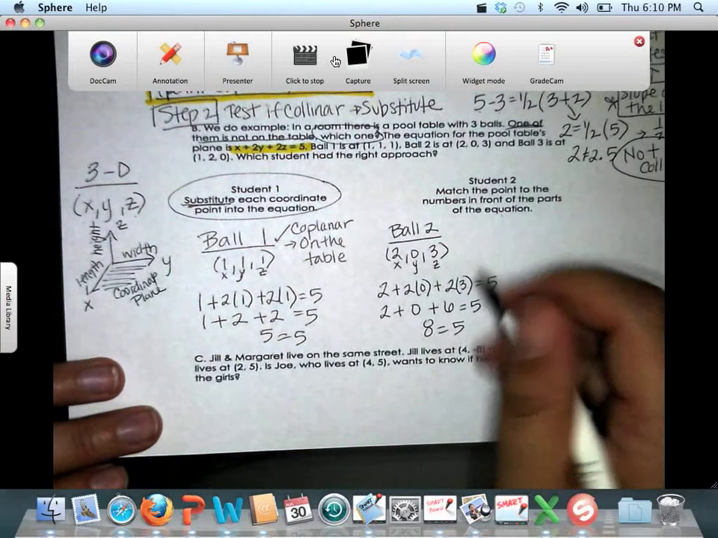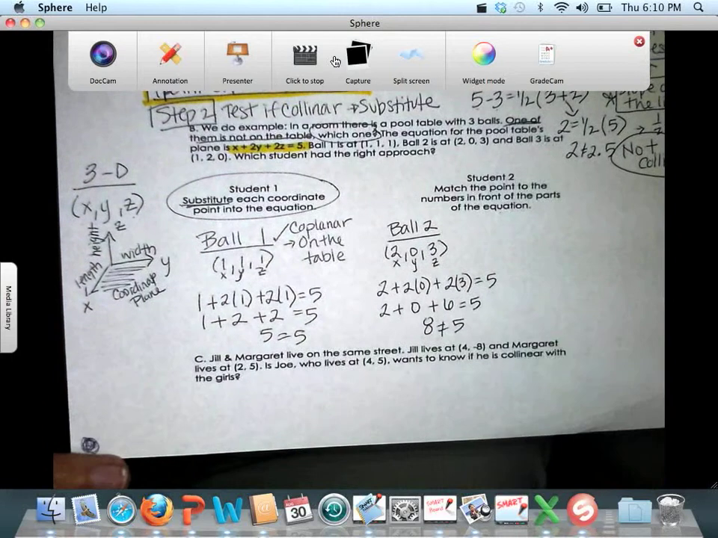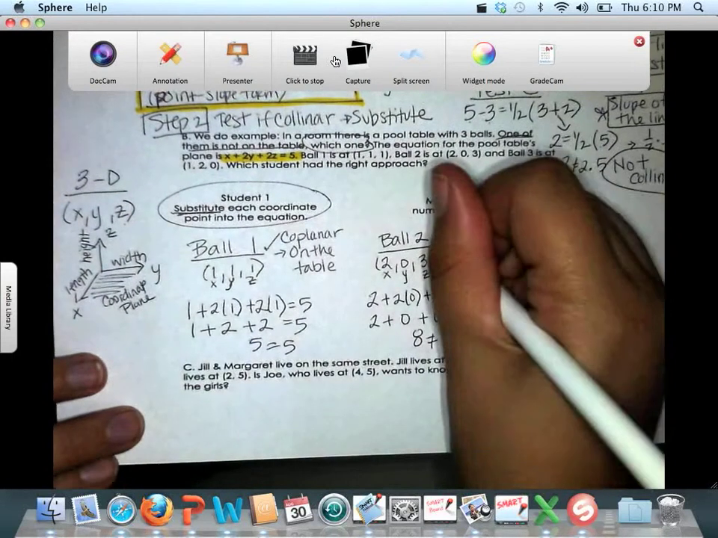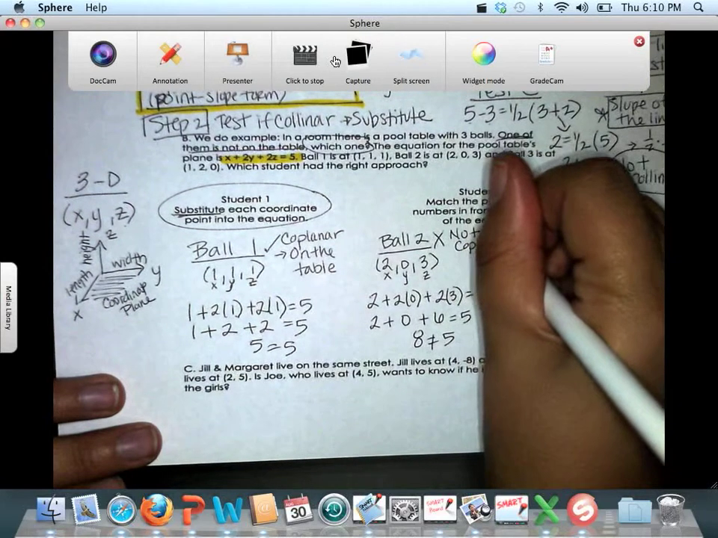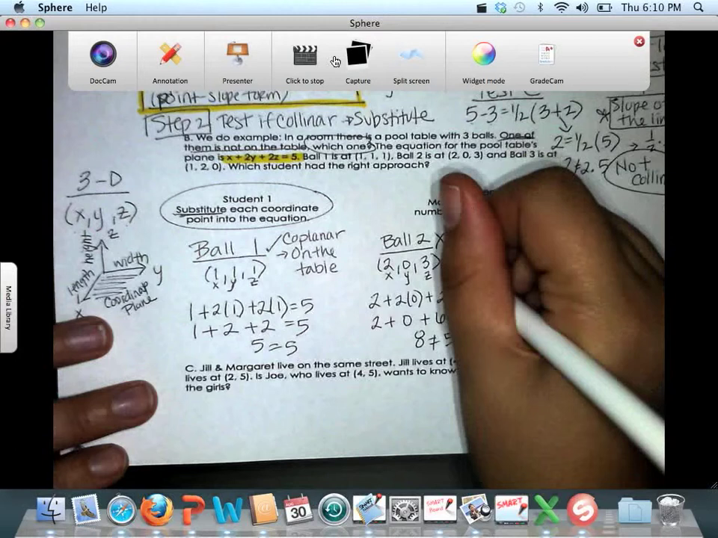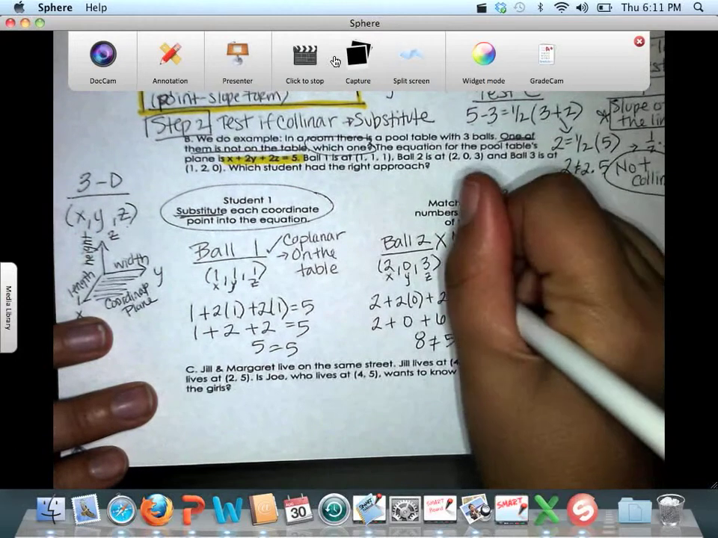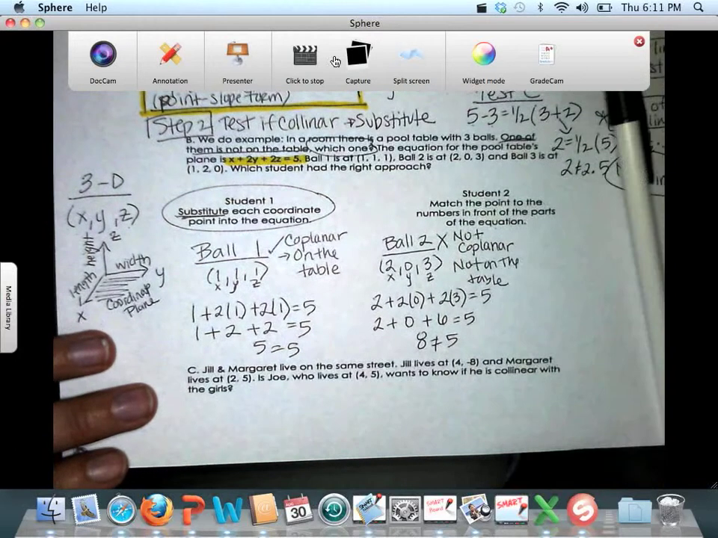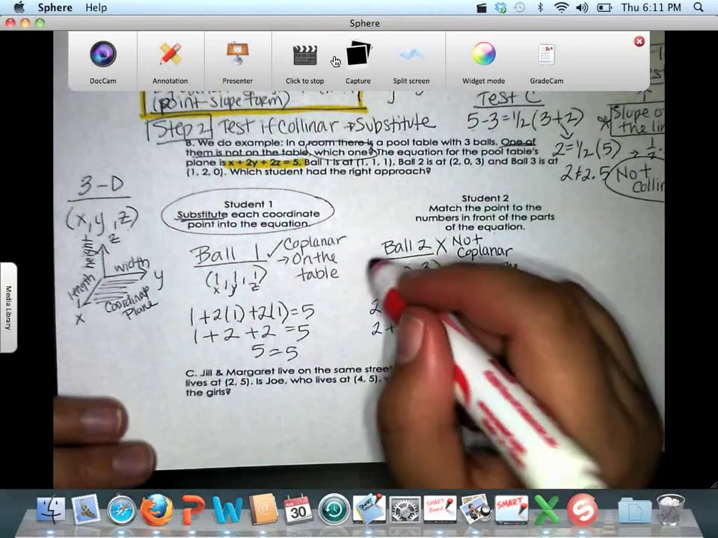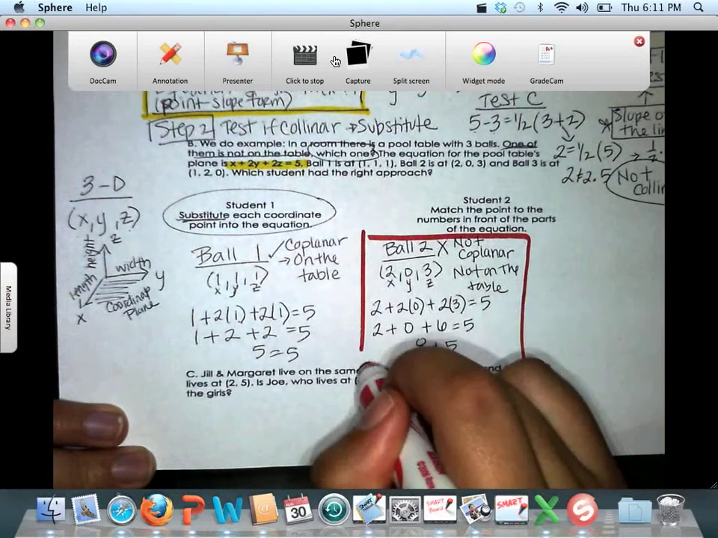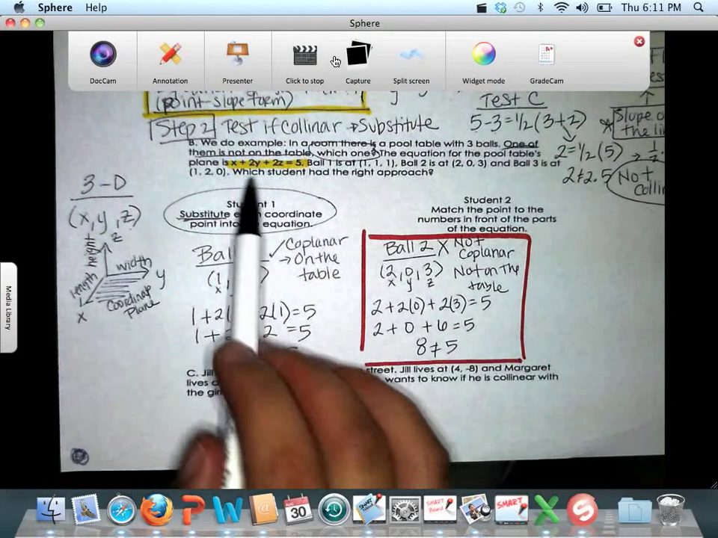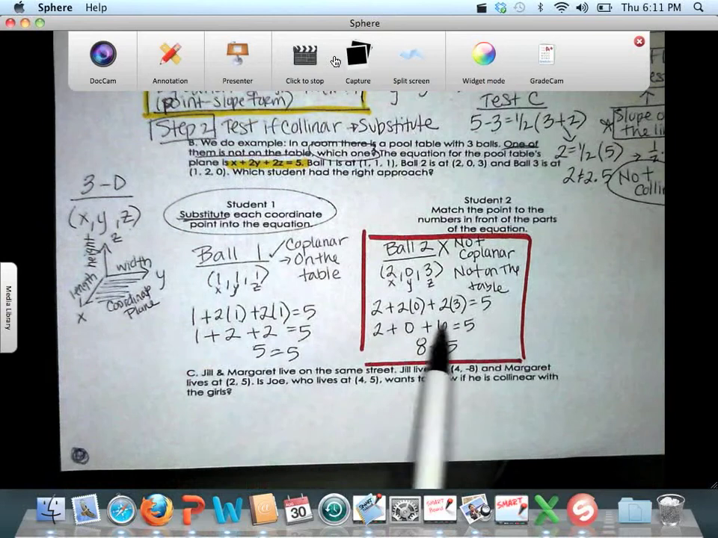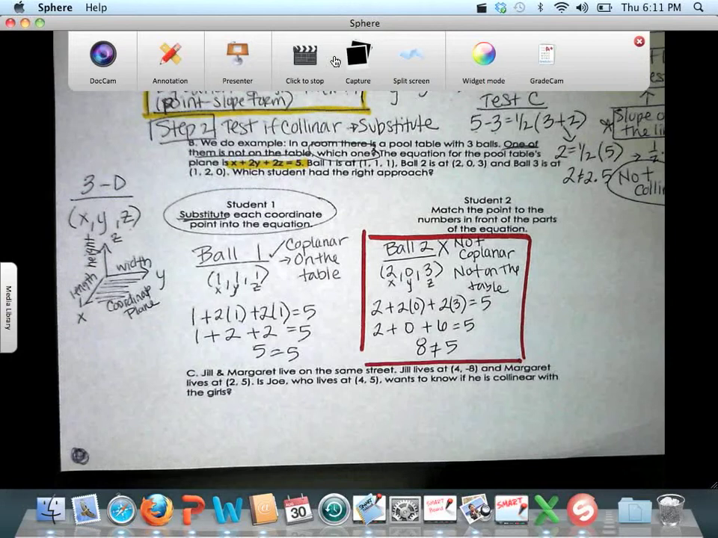So you can see this time they are not equal, right, which means this is not coplanar and not on the table. So this is in fact our answer. Okay? It tells us one ball is not on the table. Well, this one didn't work. It's ball 2. Now, at this point, you don't have to check ball 3 to make sure it's on the